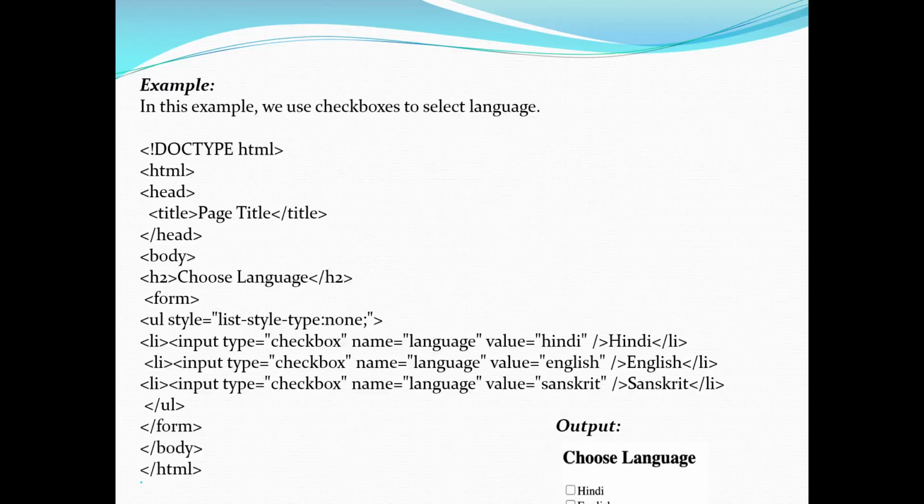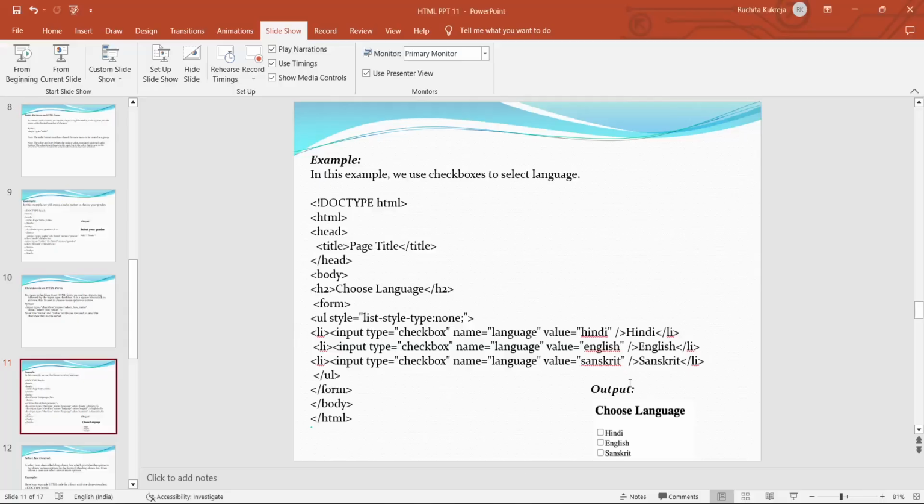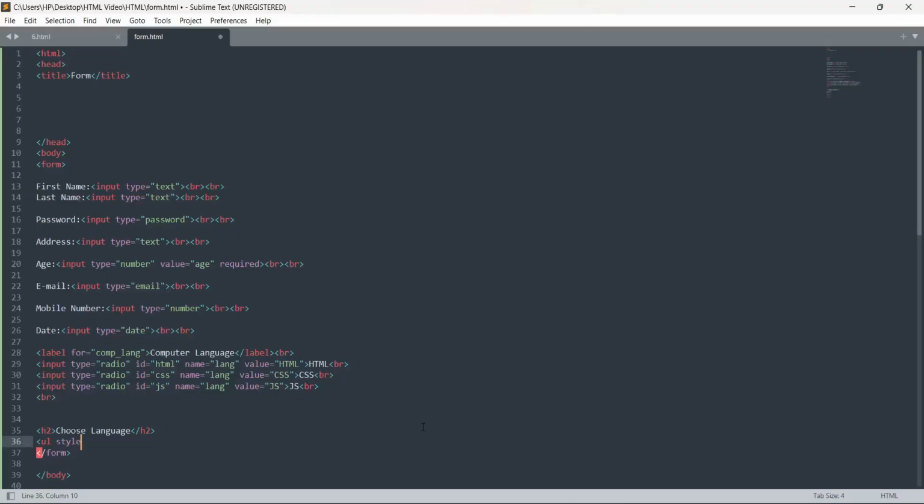So this is the code for it. Let's try to do it on the Sublime. What I'm going to do is I'll give one more break here and I'll start here. H2, choose language. I'll close H2. Now what we will do is we are going to create a list. So you will write UL style. I'll show you first in the presentation how it is done. See, UL style. You are creating a list. So UL style